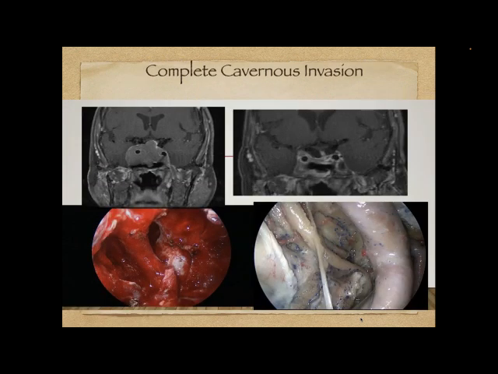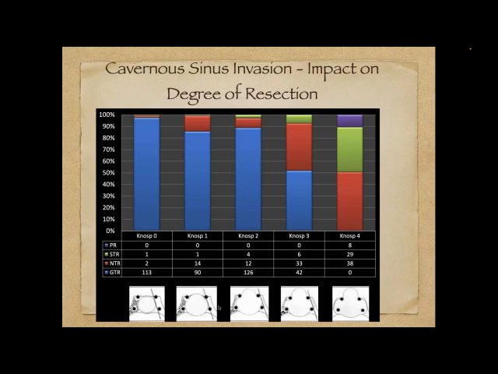Now, there are some times like this tumor where there's no question that the entire cavernous sinus is invaded, and this is now where the tumor starts to go around the carotid artery and starts to go out to where the nerves are. And what we do is we essentially remove the tumor right up to those nerves, and unless it really has failed all other treatments, we don't try to dissect it off of the nerves directly because that can cause harm to those. And the way this shows up is that you can see here there's a certain grading system called the Knosp grading system after a European pituitary surgeon who recognized that when the tumor on an MRI goes completely around the carotid artery, that it's involving the area of the cavernous sinus where those nerves are for eye movement.